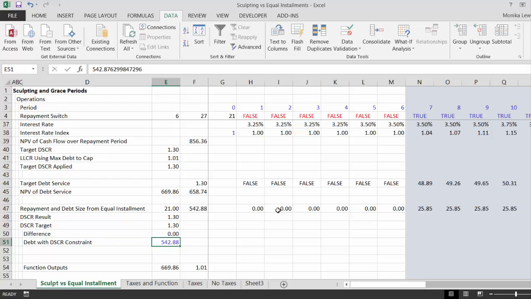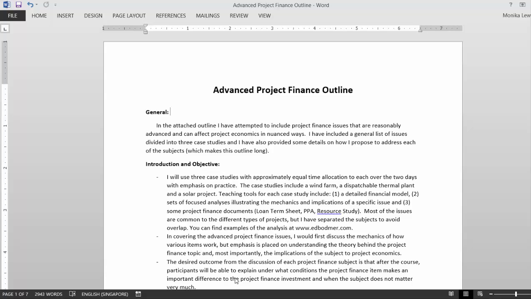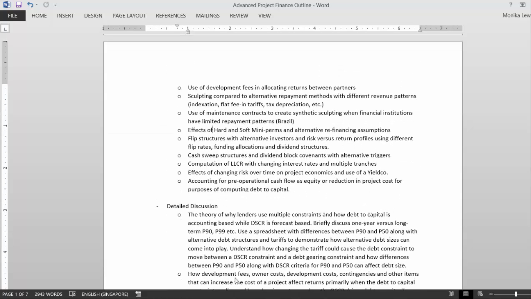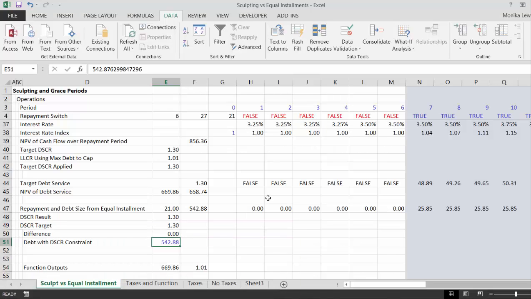Now you can switch off the video right now. You can make your own goal seek there, and the whole thing will work. But since I'm afraid of this class, I showed you this class where I'm going to have to go through all these advanced project finance issues, including what's the alternative repayments and when does sculpting matter and when it doesn't matter. And in some cases, it's real nuanced. Sometimes it does matter, and sometimes it doesn't. I think life is interesting when it's nuanced, not when there's just some silly optimization program that just answers everything. Okay,